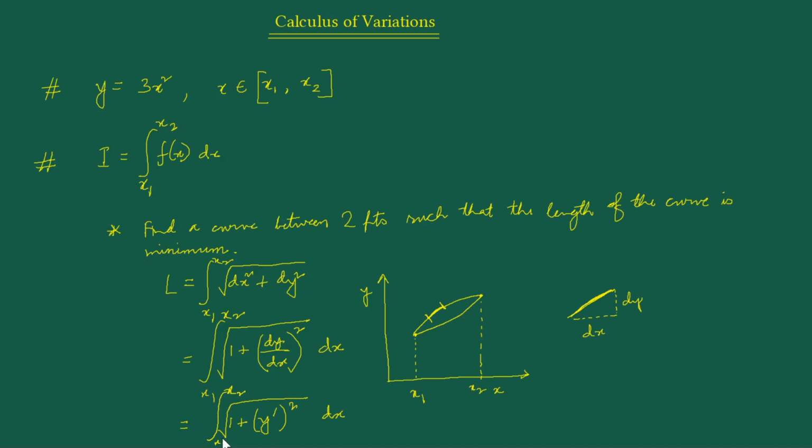So this L is equal to the integral from x1 to x2 of square root of 1 plus y dash square, integrated with respect to dx. So that thing we have to minimize. Okay, right now we are not going to launch into the actual procedure of minimizing it, but we have just formulated the problem. Another example,